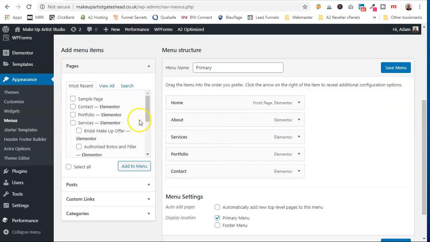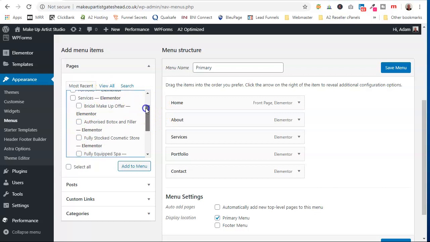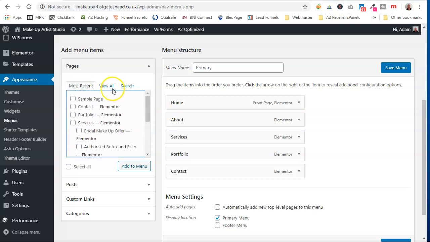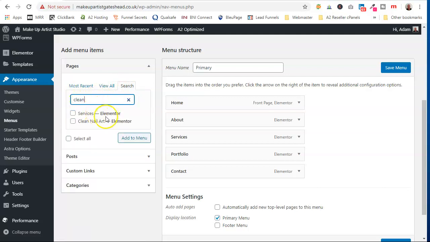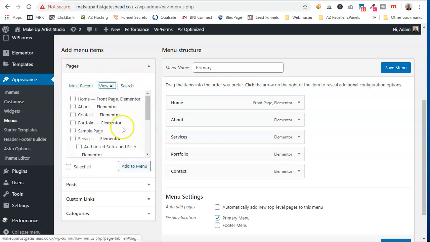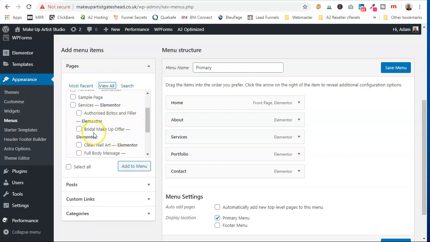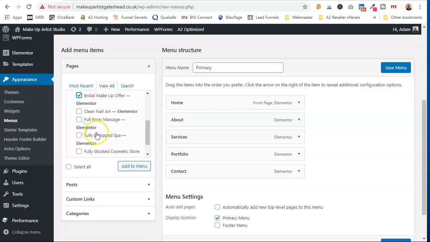Okay, so we want to add all our new pages, and there are a number of different ways. We can either scroll down here and choose them out. You can go on here and click View All, which will give them the same layout, or if you've got a massive website, you can come in here and search for the actual pages, like clean nail arts, and it's brought up services because that page comes under here in the actual structure. So we'll just go to View All, and we're going to put in all of ours, so just add a click,